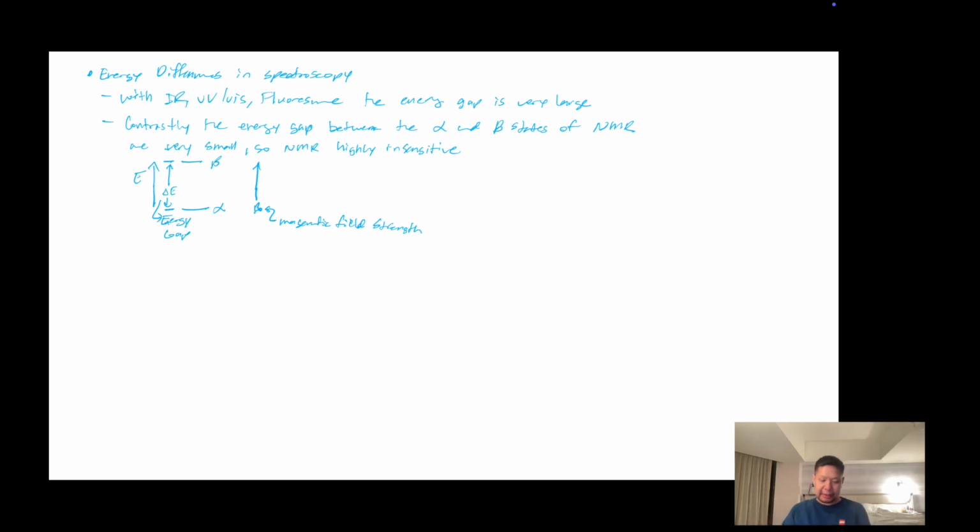When we apply this magnetic field to the nucleus, we either get it aligning with the magnetic field at a lower energy state, the alpha state, or aligning against it at the beta state, which is the higher energy state, right? And so we're already super familiar with this equation, which is the change in E equals Planck's constant times nu, right? And so nu here is a radio frequency, of course, because